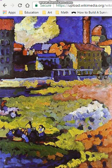I'm here today, Wednesday, with the painting by Wassily Kandinsky from 1908, Munich-Schwabing with the Church of St. Ursula. And I've got to say, just as a note, Kandinsky is one of my favorite painters. This is his early work, so it's not like how crazy his old stuff gets, but this is certainly interesting